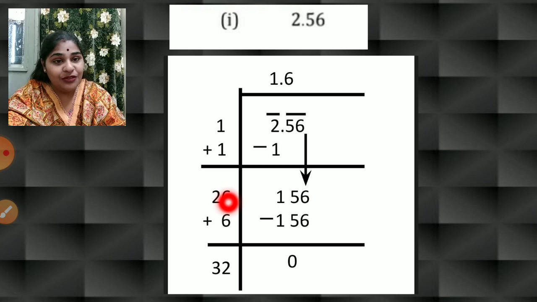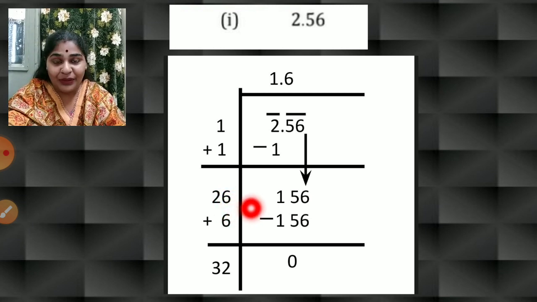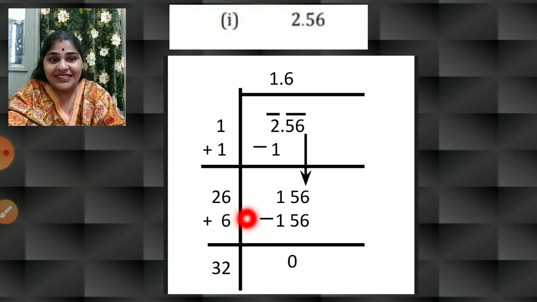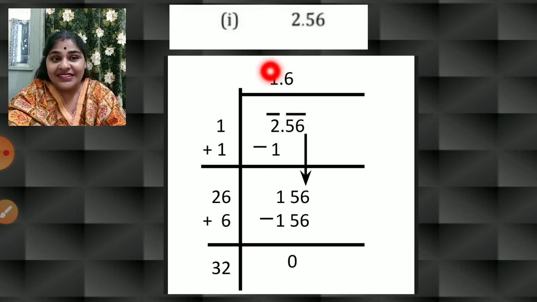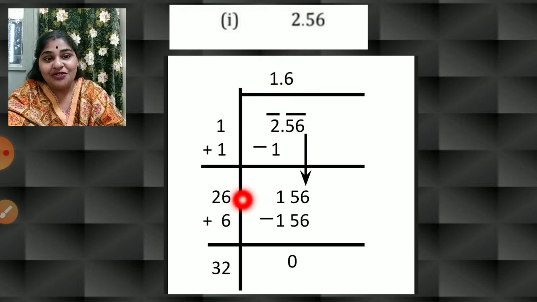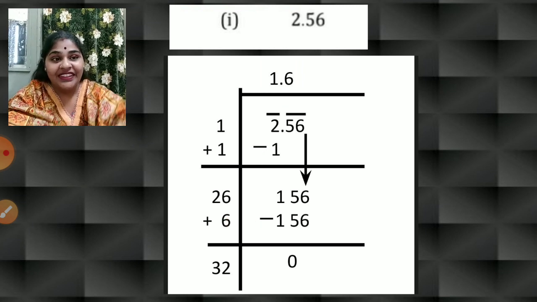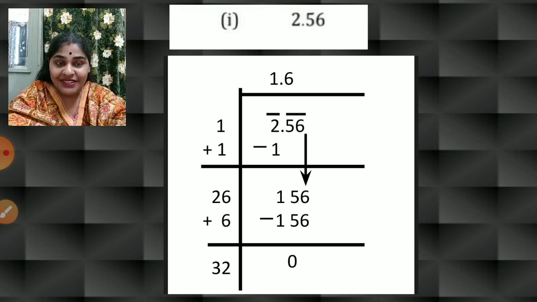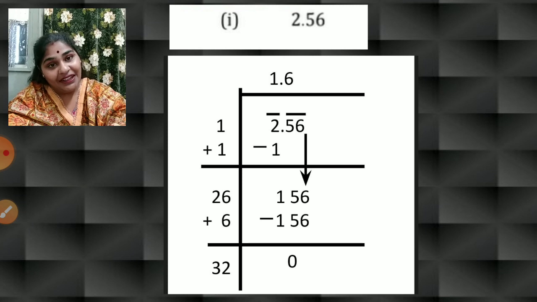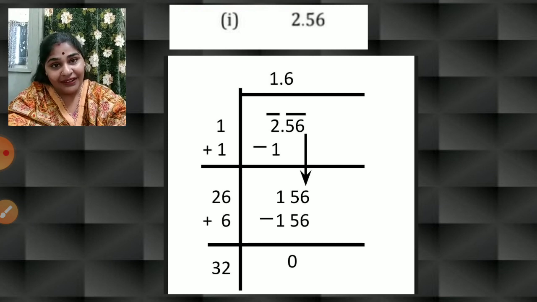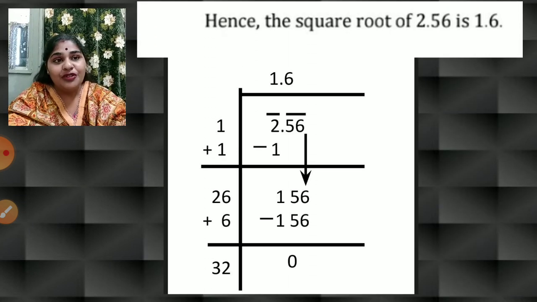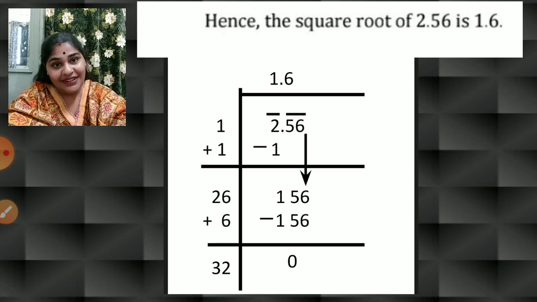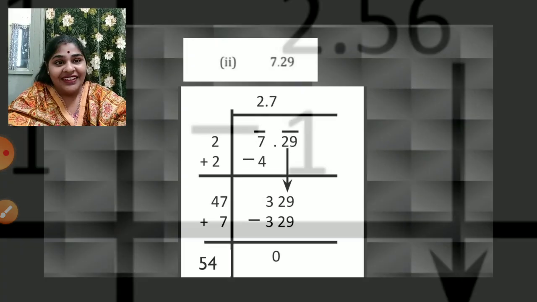And here again now you will not stop, but you will add the same number over here, that is 26 plus 6 is nothing but 32. And you will notice now, if you remove this decimal, this number is 16. 16 into 2 is 32. I hope this is clear. Only the thing, concentrate on the decimal. So whenever you are taking the decimal part down the pair, that time you have to give the decimal point in the top. So, and hence at the last you can write, hence the square root of 2.56 is 1.6. Let us see the next one.